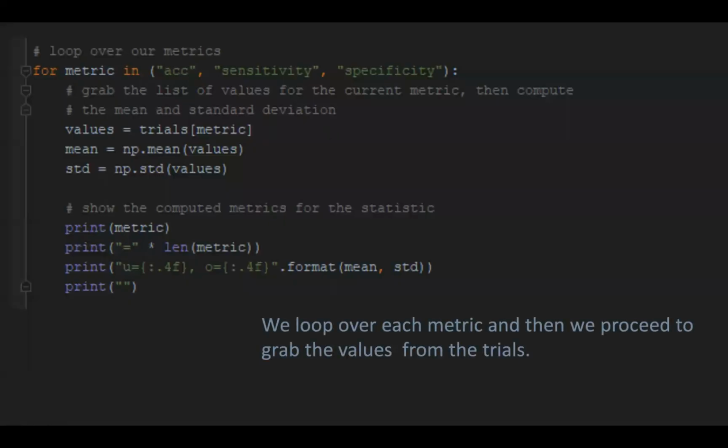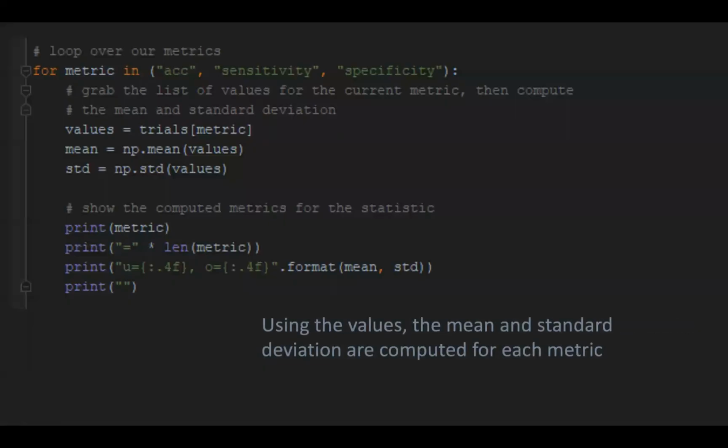We will be grabbing the values from each of the trials, and then using those values to calculate two things. One, the mean, and the other, something called standard deviation, which you should already be aware of. If you're not, I would strongly suggest you look into what standard deviation is, because it will be of much use to you when you're trying to work on